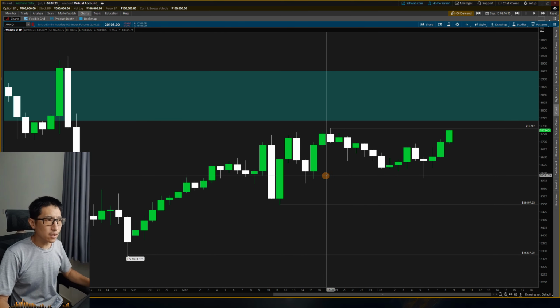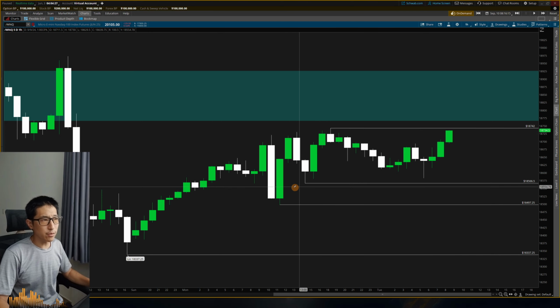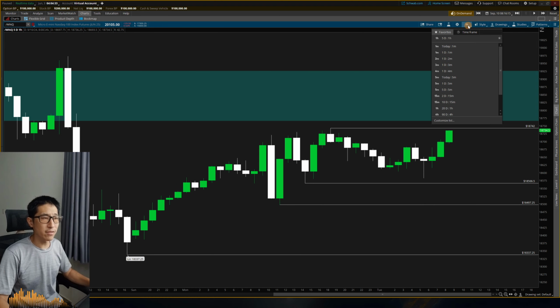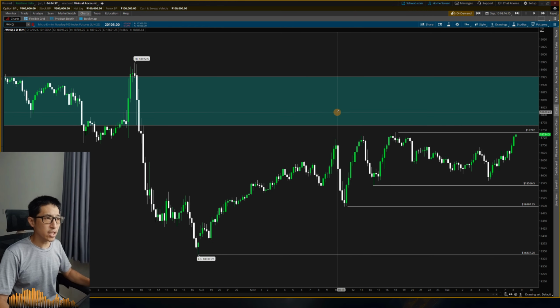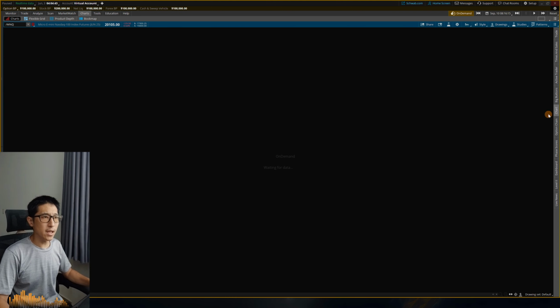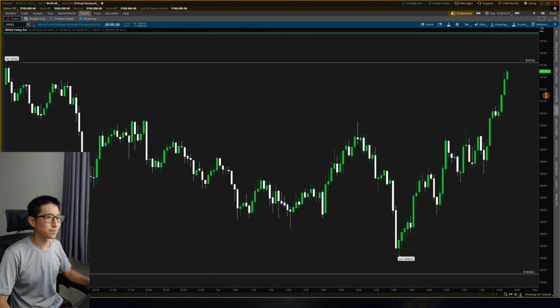We can go into it maybe up to 50%, but I would like price to stay in the lower half. And then looking closer, I know I drew this out as a sell side target, but we also have relative equal lows here. This will be the first partial, second partial, and this will be the third partial if we have enough size. Now let's go into the 15-minute just to take a quick look. I don't think anything is really worth noting here, so let's jump straight into the 5-minute and walk through today.